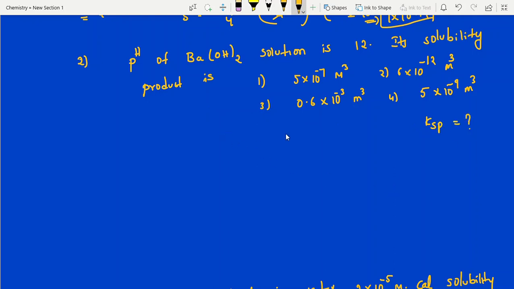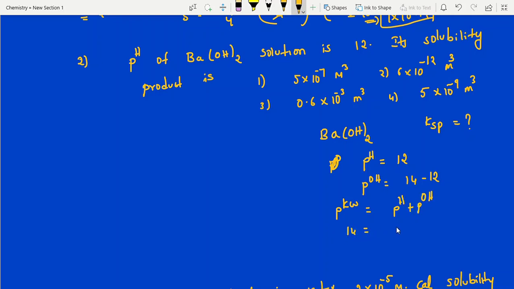So barium hydroxide, this is a base, right? That is the reason they gave the pH value. The pH value is 12, but we have to calculate here pOH. How to calculate pOH? 14 minus 12. Do you remember the formula? pKw equal to pH plus pOH, right? So pKw equal to 14. 14 equal to pH, how much? 12 plus pOH. Based on that you will come to know 14 minus 12, this is 2. This is what, students? pOH. But we have to calculate the OH minus ion concentration.